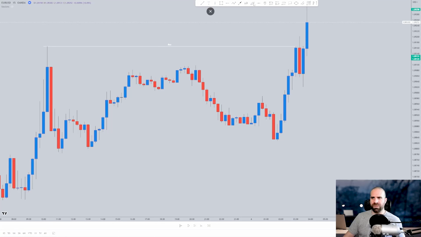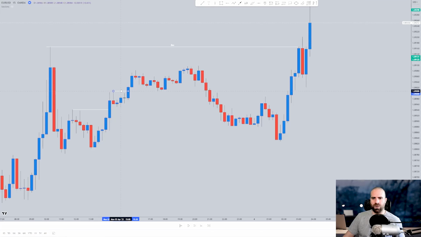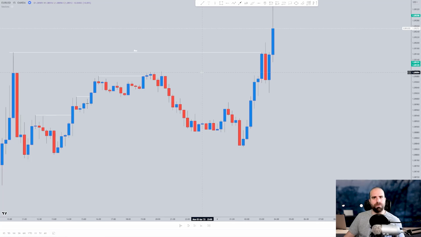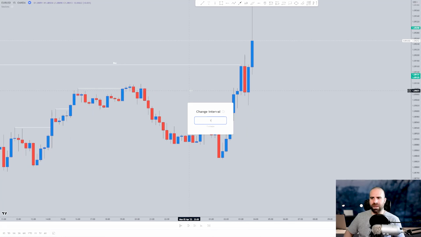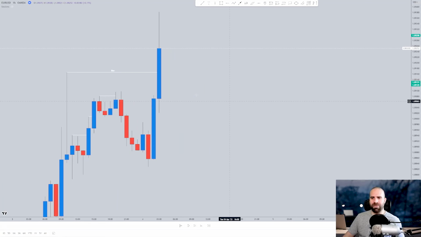Even though this is part of the same retracement, after this first retracement right here, we broke many structures towards the upside, as you see, and then we came back to grab more liquidity. So every time that you see a break of structure on the 1 hour time frame,